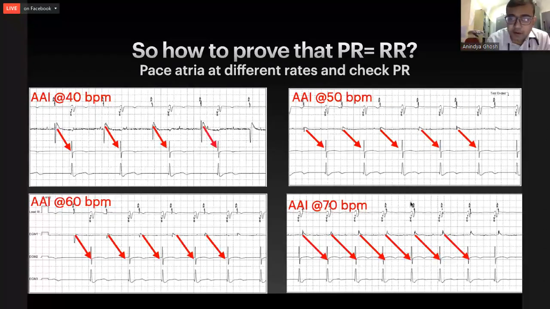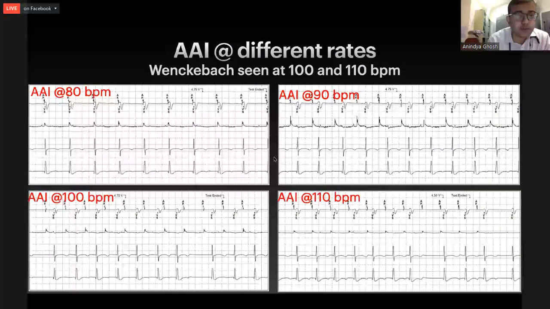one might look at this leadless ECG and say this is a VPC which is conducted, and this A pace is there because of an undersensing event. But this A pace is actually conducting to the next ventricular sensed event, because of an abnormally long PR interval. As we paced at increasingly faster rates, we saw 1:1 conduction at 80 beats per minute and at